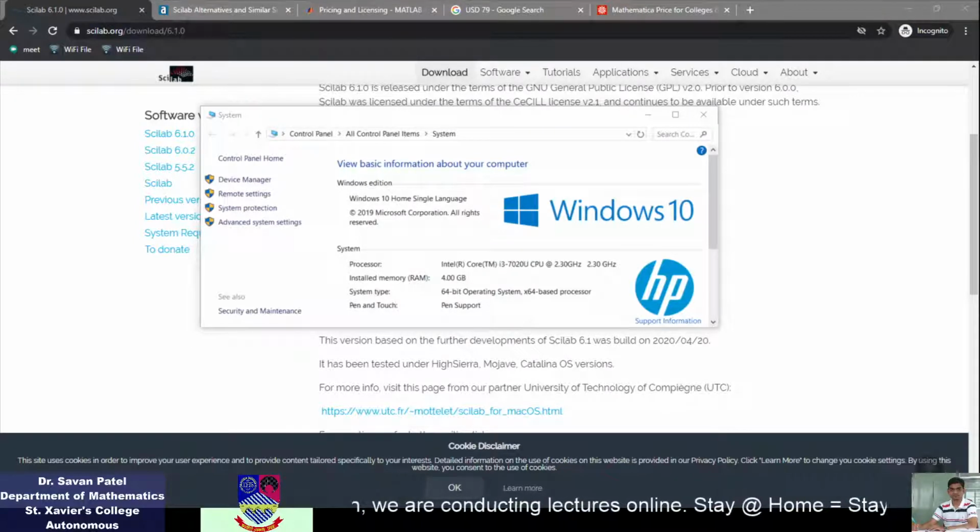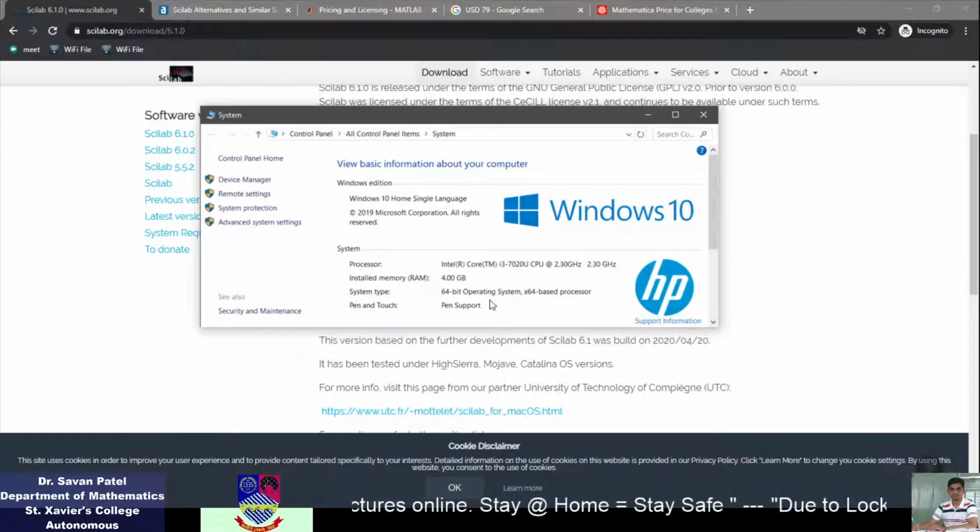If you are not aware of your OS version, go to Control Panel, then all Control Panel items. There is System. In that, you will see this type of page, or by right-clicking My Computer and choosing Properties, you can reach this page. There the system type is available. Here my system is a 64-bit operating system, so I will download the 64-bit Scilab software.